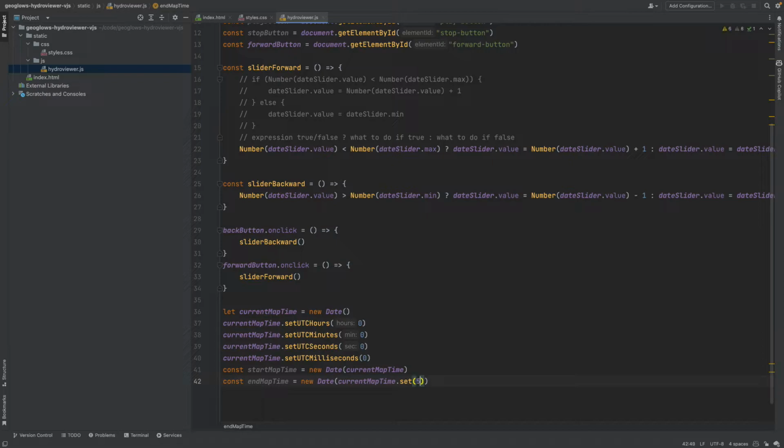And 5 days times 24 hours in a day will advance us. Oh, gotta type in setUTCHours. We're going to set the hours of the current map time to be forward by 5 days' worth of hours. Now that we know the beginning and end time and where we're currently at, which is a value of 0,